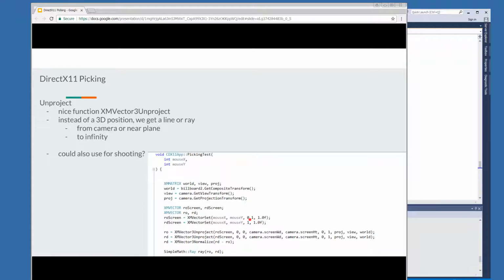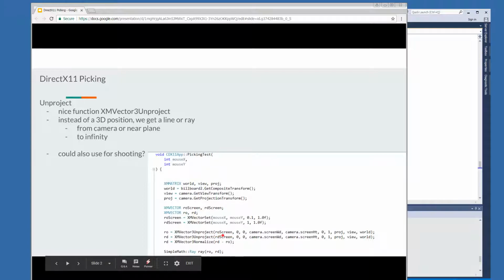Some people put in 0 here, and then the W is not really used, so I don't know that it really matters what you put there. And then when we do the unprojection, it projects this into a point in the world,